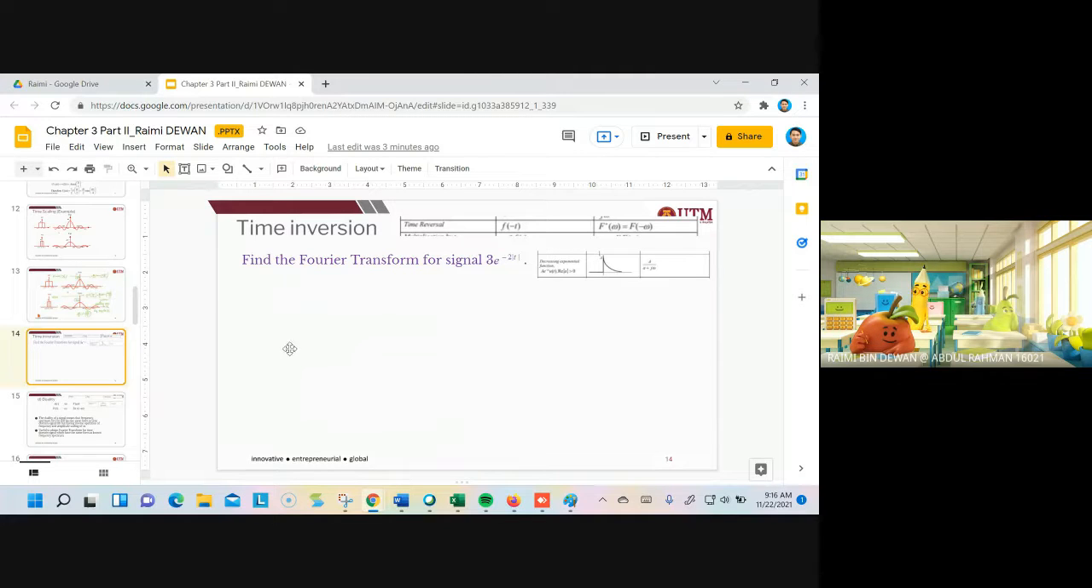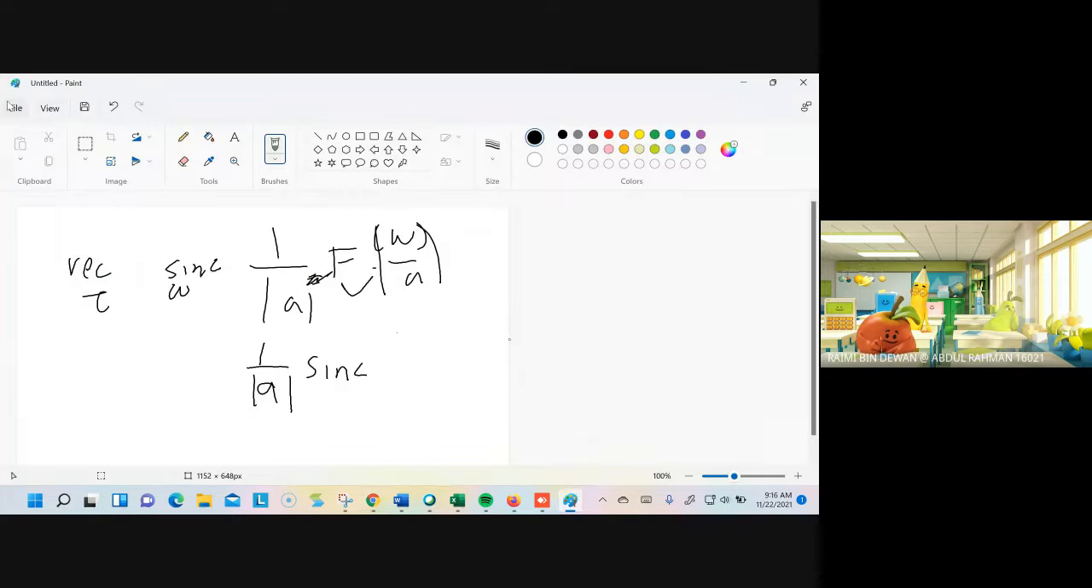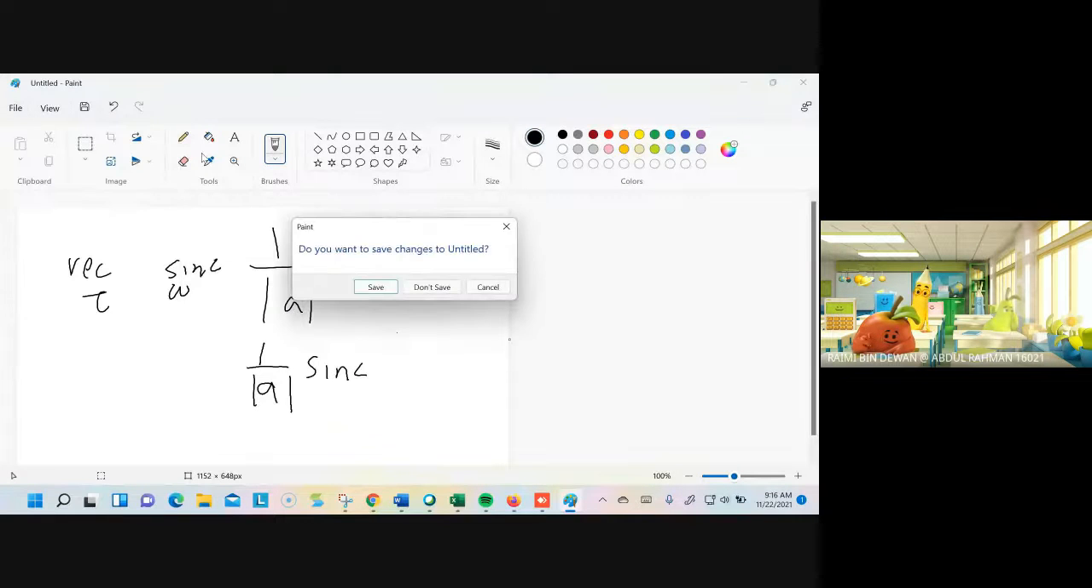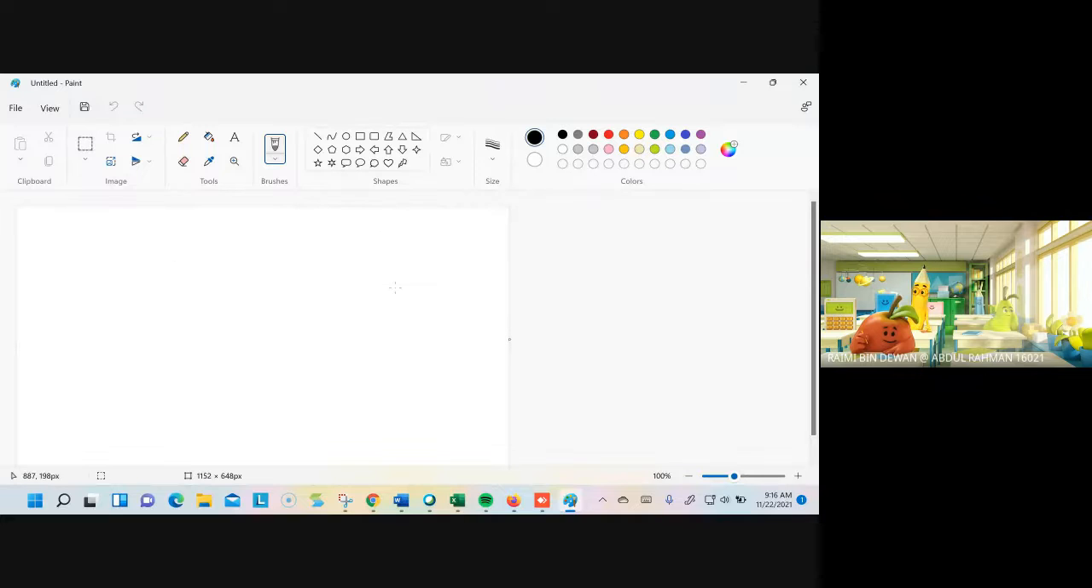Time inversion. Okay, time inversion is actually just time reversal. Time reversal, the same. The name time reverse, time inversion, is still the same. So if, for example, you have 3e,